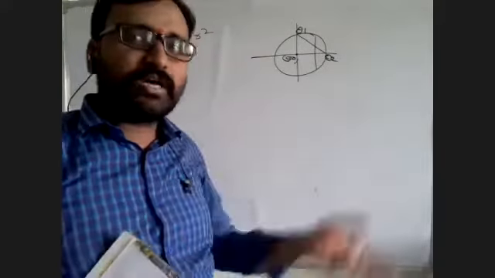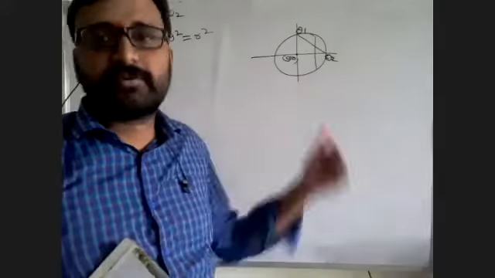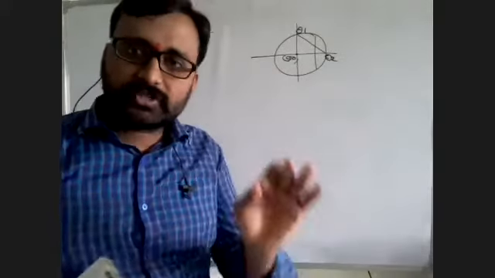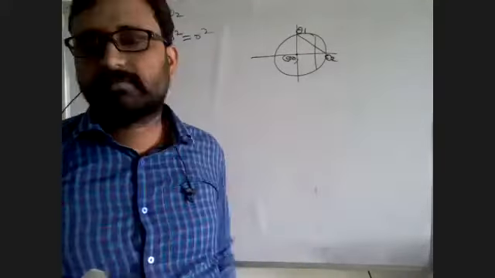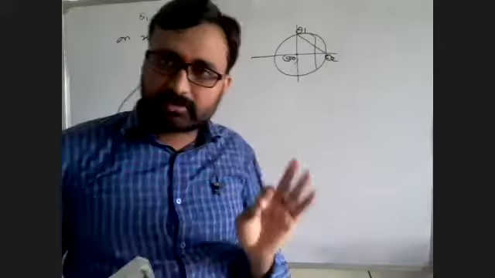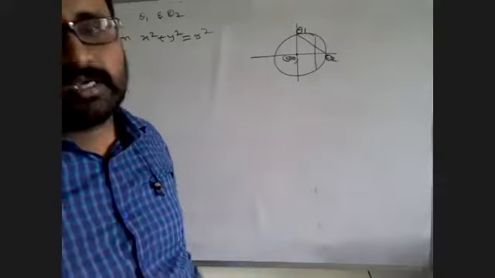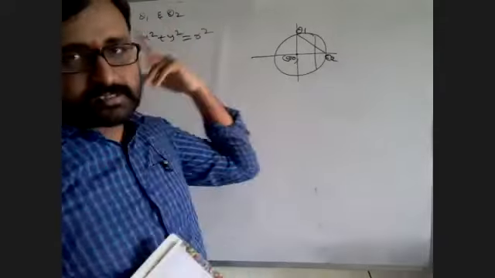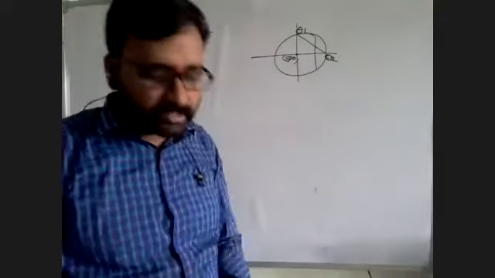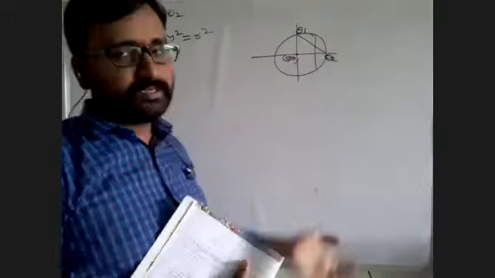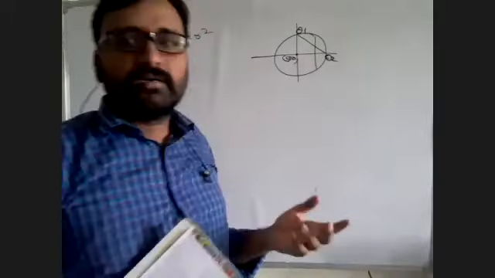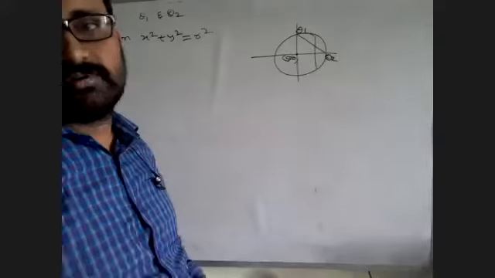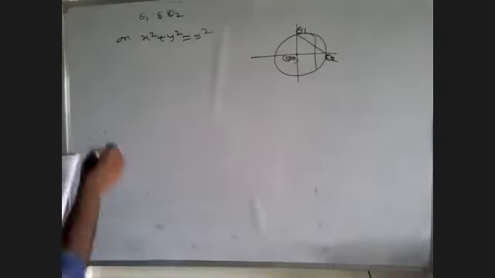Generally we take the points as P, Q, but we take theta 1, theta 2 because these are parametric points. This theta 1 is what? R cos theta 1, R sin theta 1. This theta 2 is what? R cos theta 2, R sin theta 2. Parametric equation. There is no h, k, so only R cos theta, R sin theta. For theta 1, R cos theta 1, sin theta 1. R cos theta 2, sin theta 2 are the parametric points. So when they give the parametric points, the equation of the chord with respect to the circle x square plus y square is equal to r square is, that equation is, remember